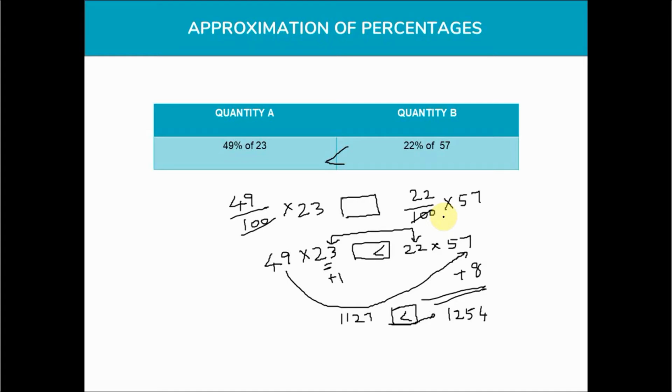I have not done 49 times 23. Neither have I used the shortcut technique for percentages. I have solved it very simply, finding out the increase and decrease in the numbers between the quantities. Find the closer number to 23, which is 22. So 23 is decreased by 1 unit. 49 and 57: 57 is increased by 8 units, which means there is a net increase of 7 units this